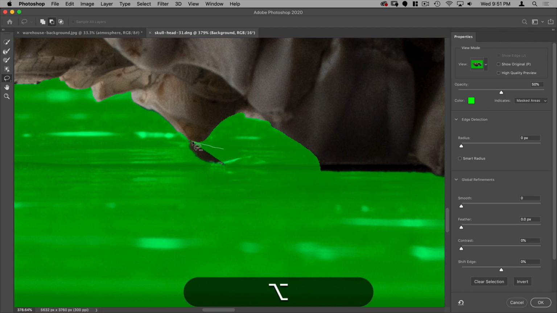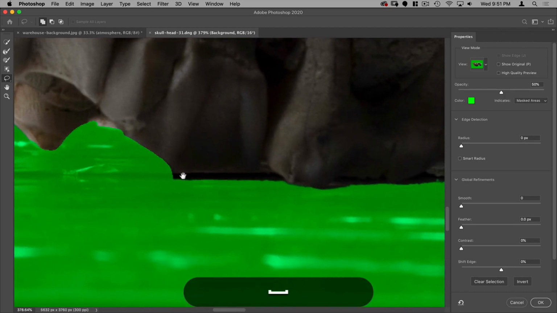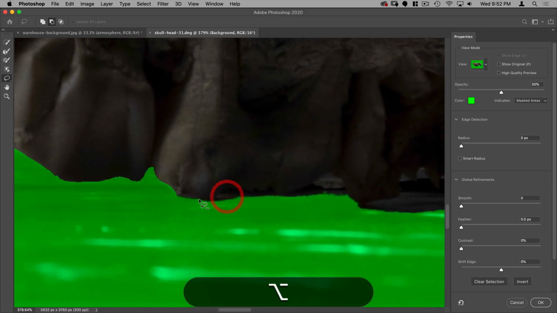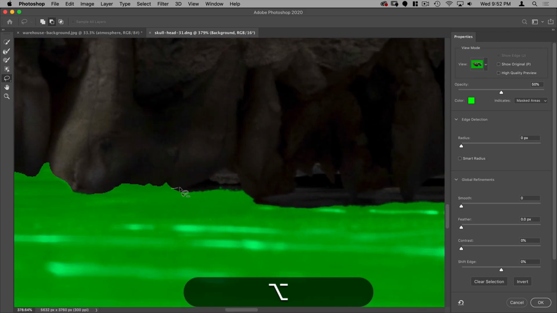And I'm doing this in parts so that I can always go back if I need to. If there's a little error or something, I can always Command Z. Whereas if I try to do it all at once, I don't have that option if there's some little error there.